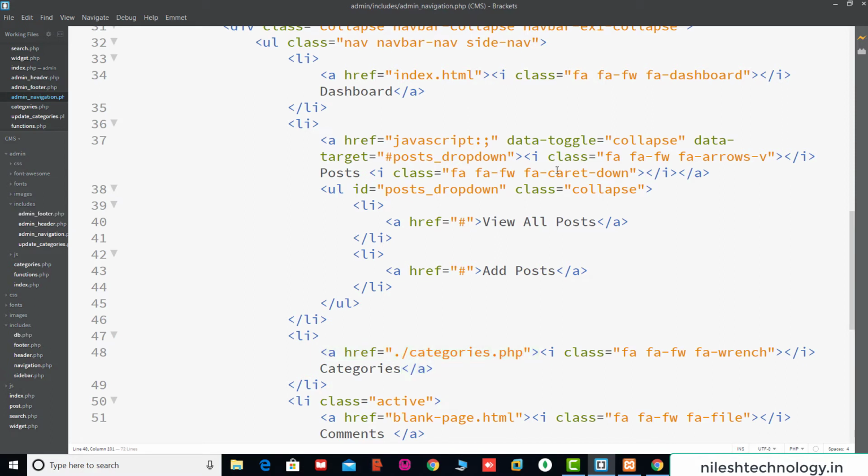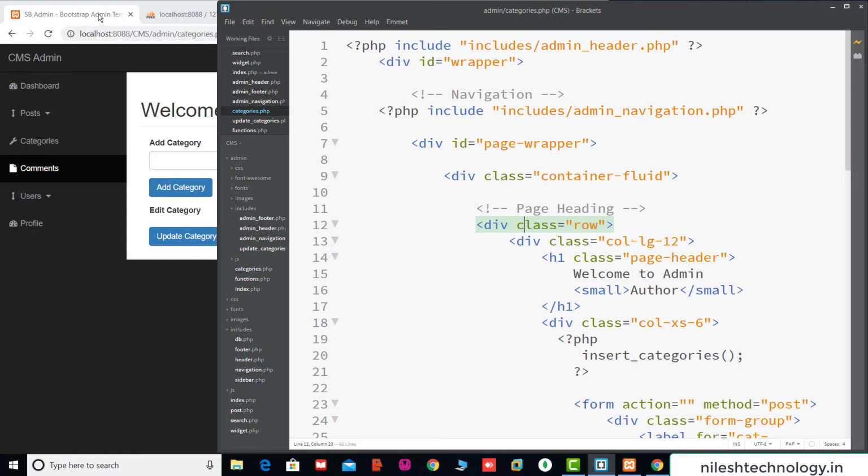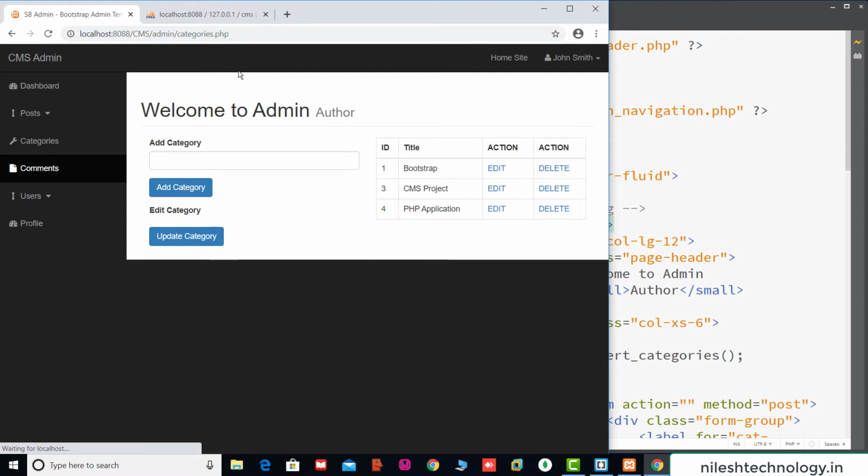So here we save these changes. Again we test this code, going to this category.php file, save. So after refreshing this data, if you click on this category, see, categories.php file.